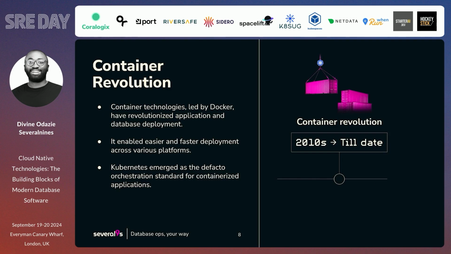And then the container revolution, right? Kubernetes, as we know, is the de facto container orchestration tool, right? Docker leading brought about containers, right? I think a speaker spoke the other day and gave a highlight, a quote, that these days we don't say it works on my machine, why isn't it working on yours? Because containers made it easy for us to share and deploy applications, right? And Kubernetes came about as a de facto. There are many container orchestration tools, Nomad and Mesos, right? That some organizations still use, right? But when you think about container orchestration today, mostly what comes into your mind, right? And the community will say Kubernetes, right?